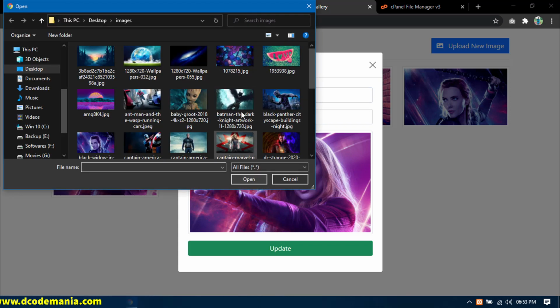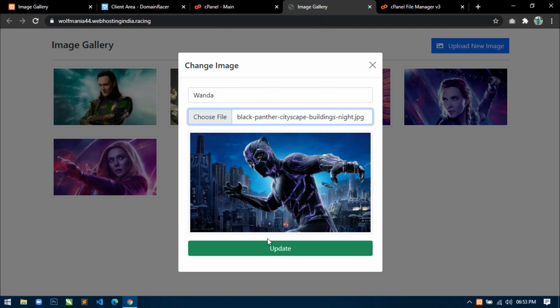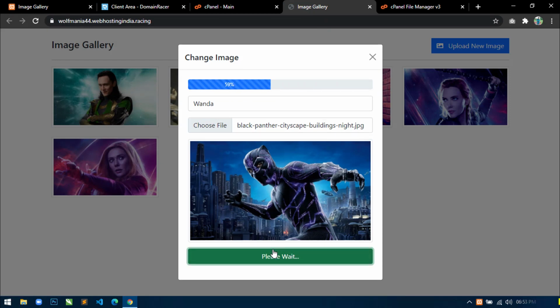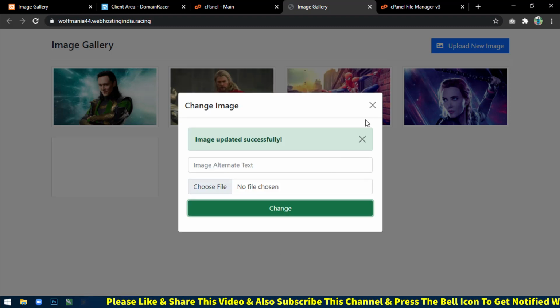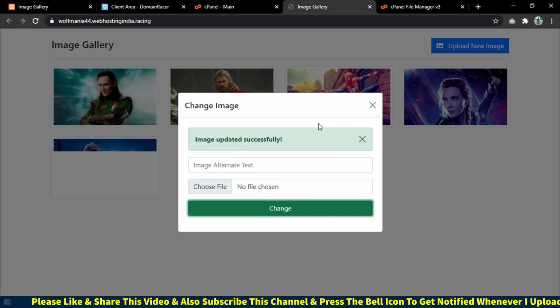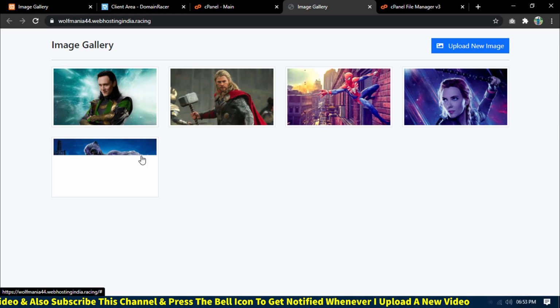So let's select another image and click on update. So update change image functionality is also working fine. You can see image updated successfully and the changed image is displaying here.